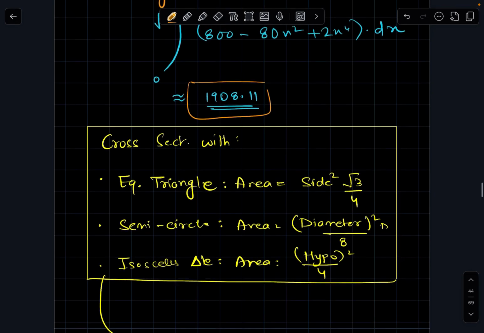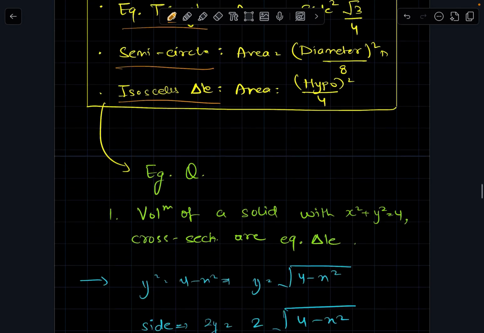Now let's talk about cross sections with other shapes such as equilateral triangles, semicircles, and isosceles triangles. The area of an equilateral triangle is given by side square times root 3 by 4. For a semicircle, it's diameter square times pi by 8. And for an isosceles triangle, it's hypotenuse squared by 4. Now let's